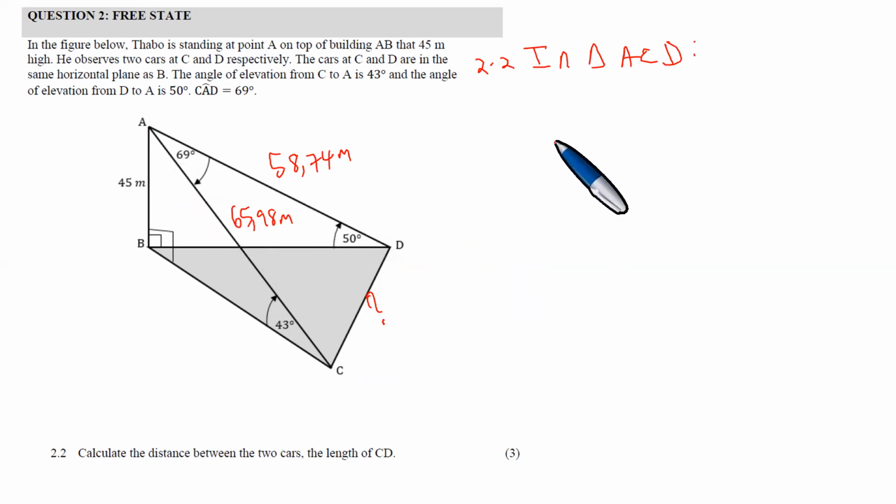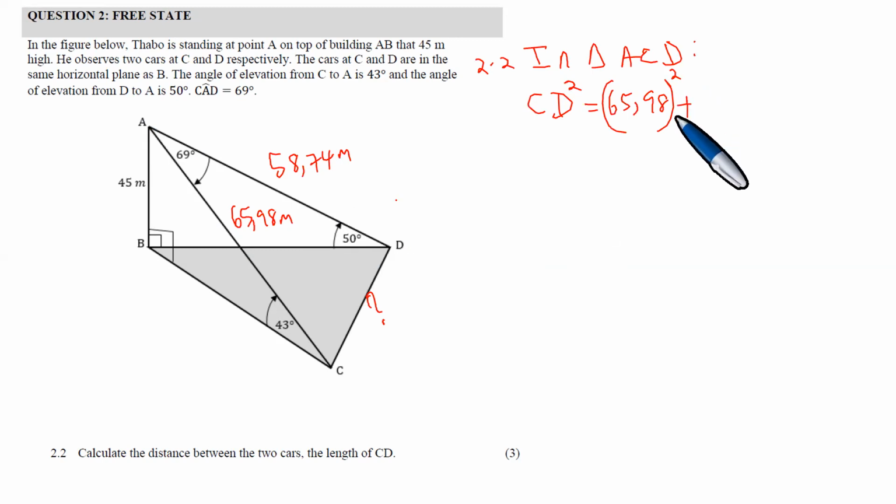Right, so we have the following. CD squared is equal to this one squared, which is exactly 65,98 squared, plus 58,74 squared, minus 2 into